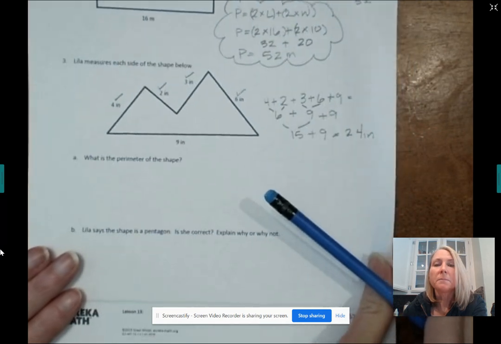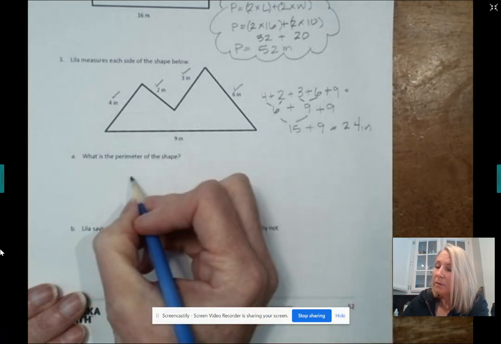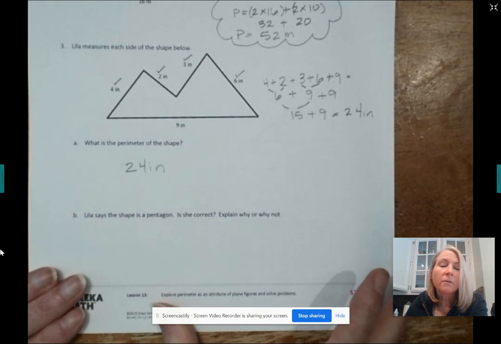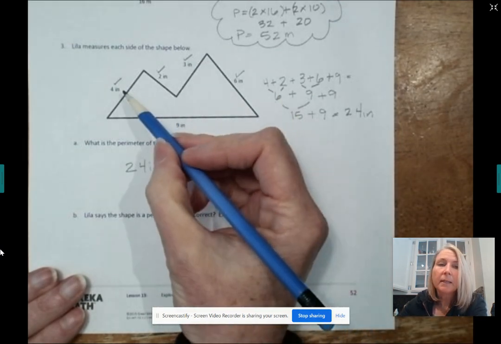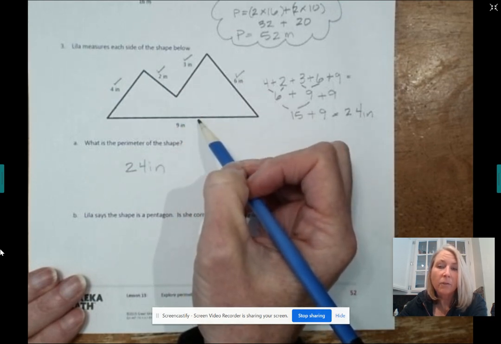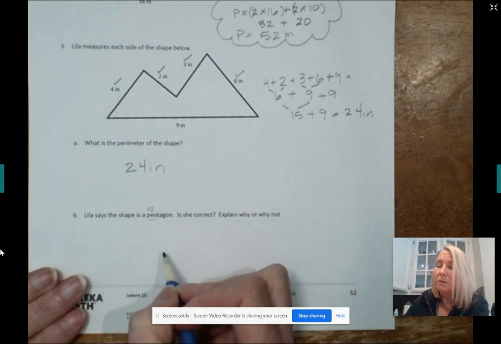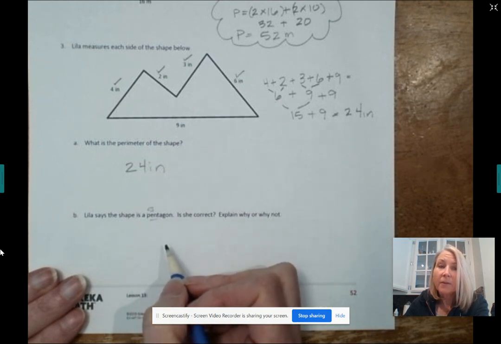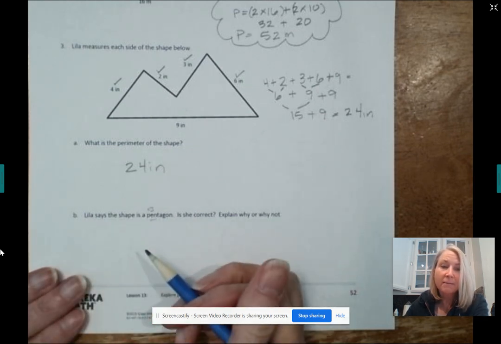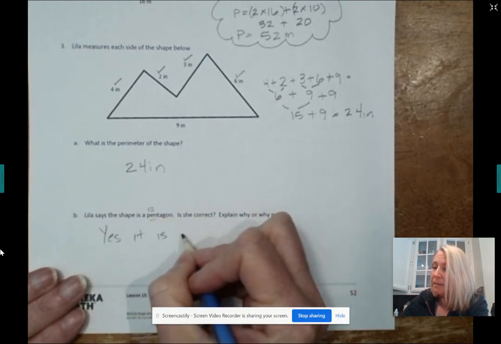Now, our last 2 problems ask us, what's the perimeter of the shape? Well, we already calculated that. So there we go. Lila says the shape is a pentagon. Is she correct? Why or why not? Well, let's count up these side lengths. We have 1, 2, 3, 4, 5 side lengths. And if you think about a pentagon, right, penta means 5. So she is absolutely correct because it has 5 sides and it's a closed figure. So therefore it's met the criteria. All right, so yes, it is a pentagon